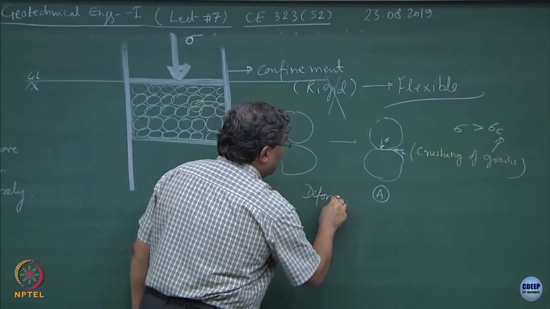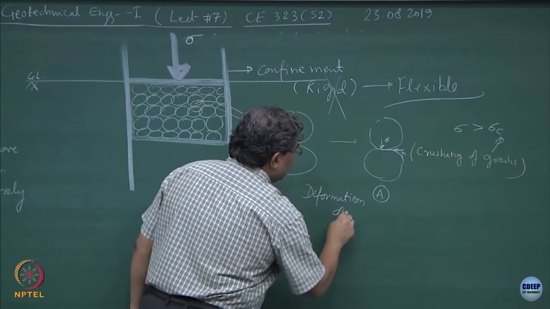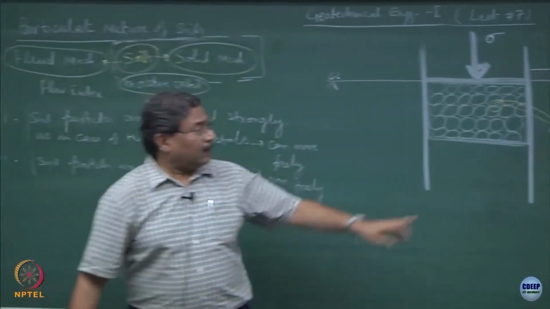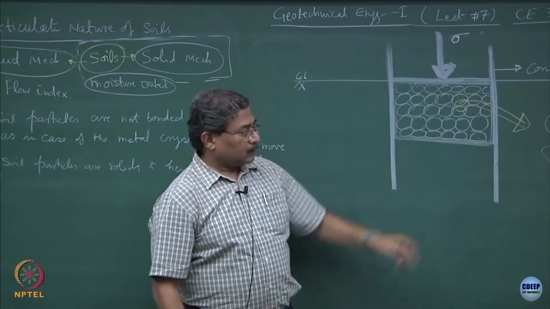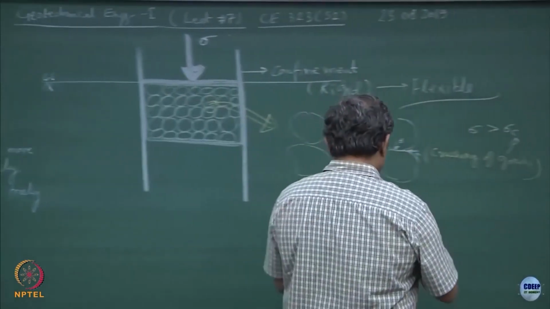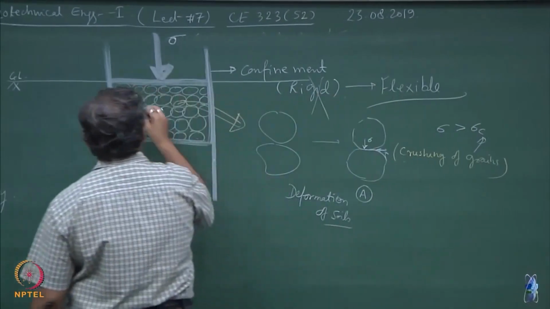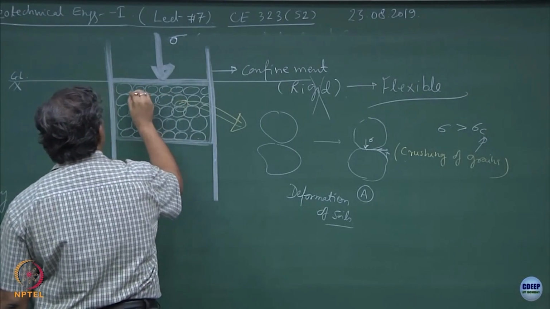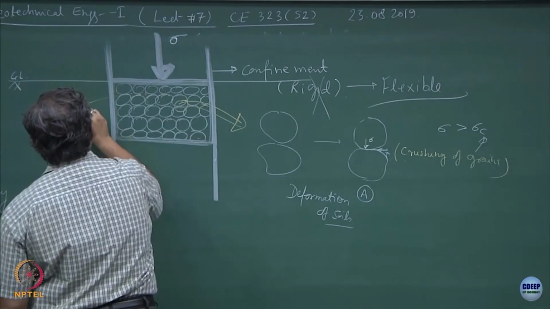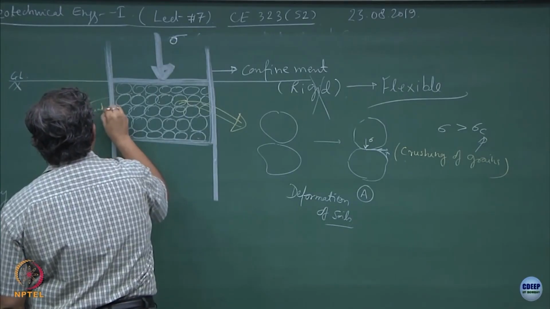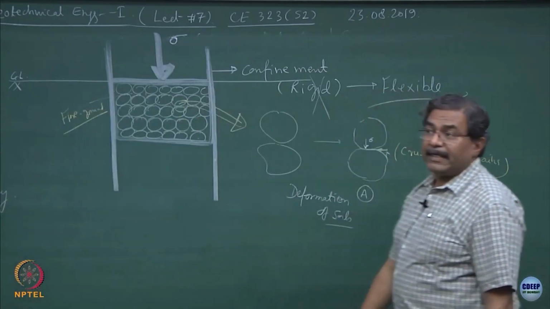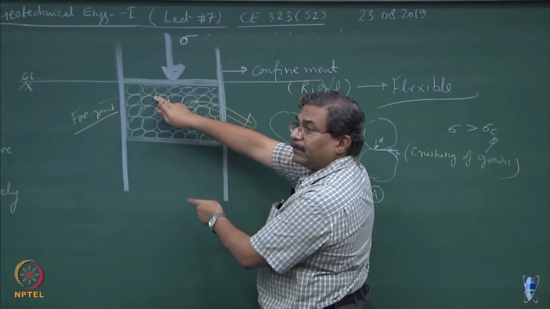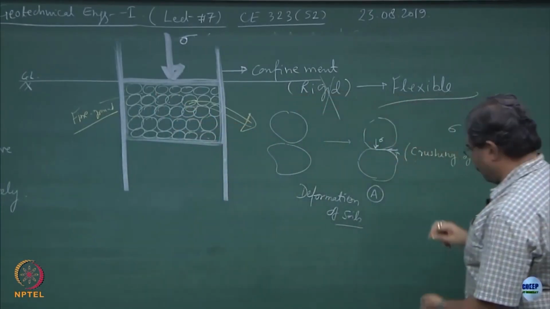Deformation of the soils. Now, when we talk about deformation, it is understood that we are talking about the granular system. There is another possibility that I might be having some fine grained particles also in this. So, these are the fine grained materials, clays, silts, fine sands. Now what is going to happen? They provide a sort of a cushion. So this type of situation will not occur.